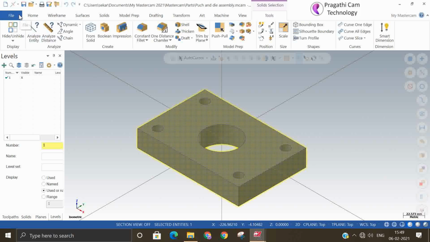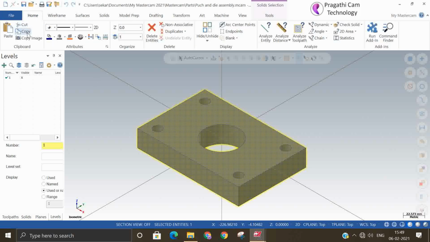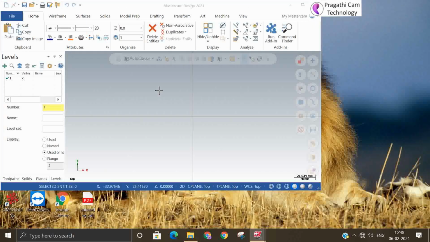I'll copy it and paste it in the another Mastercam which I opened. I just say copy. In the another window, you should have another Mastercam opened. So you can copy it in the Mastercam only, not on any other software. In the same software, on the another Mastercam, if you open another window, in that you can go again and paste it here.